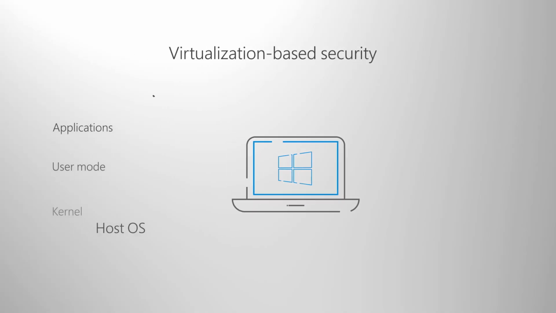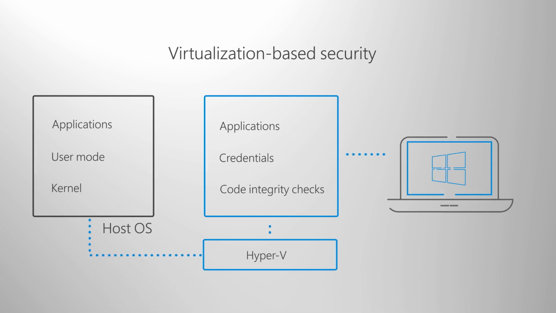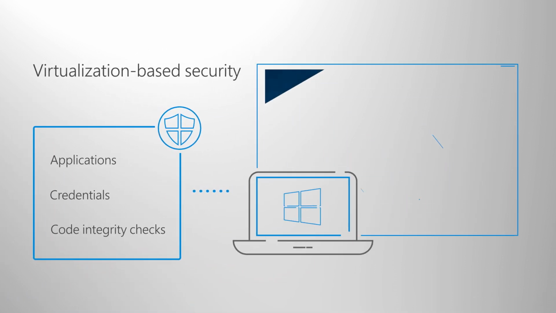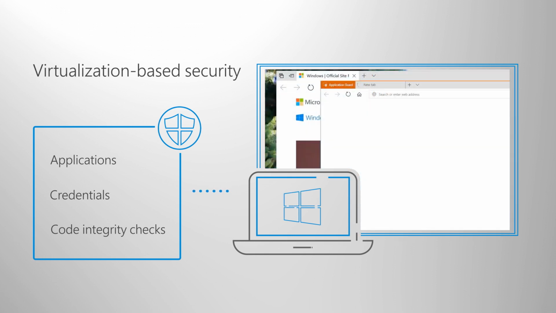Windows 10 uses virtualization-based security at the core to ensure boot integrity and code integrity using Secure Boot. We can also stop credential theft with Credential Guard by maintaining user secrets and isolation from Windows. And Application Guard can isolate and mitigate browser-based threats by running the browser in an isolated container.